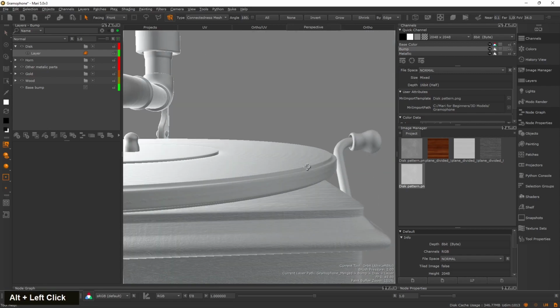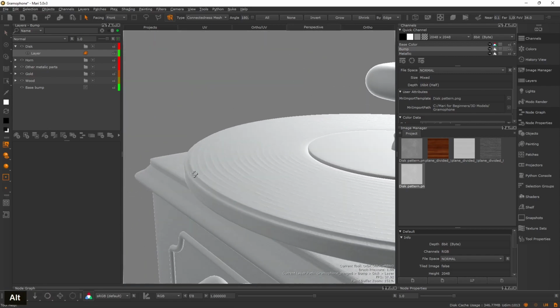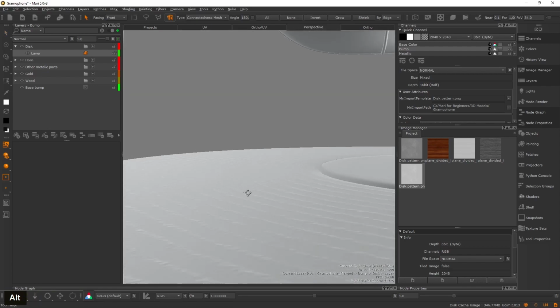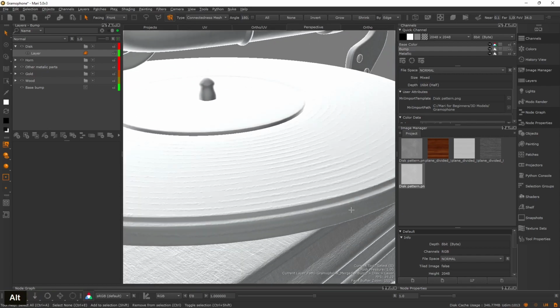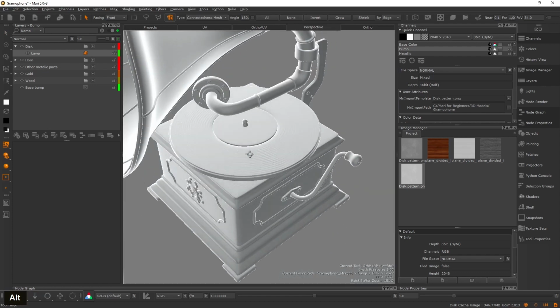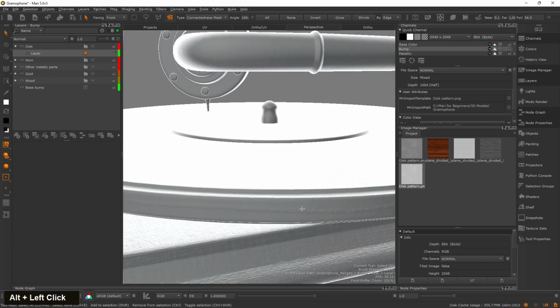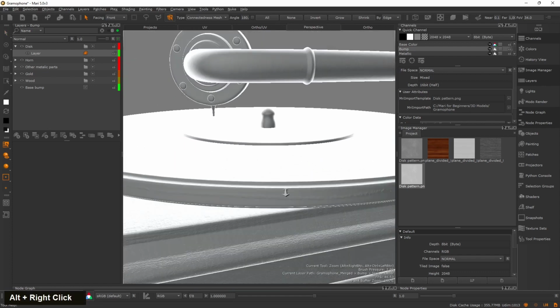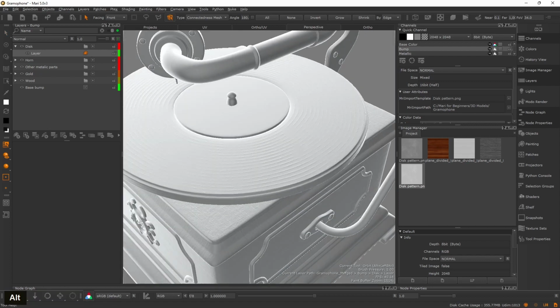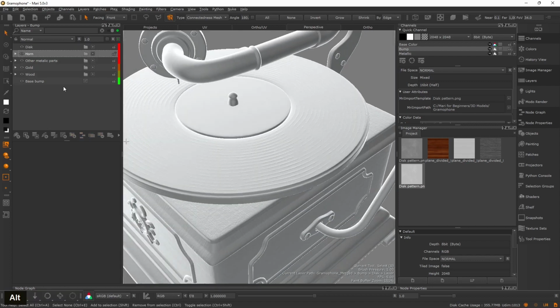Yeah, it's there, but it really pops out. And also it's on the sides as well. So let's delete the layer, paint again,